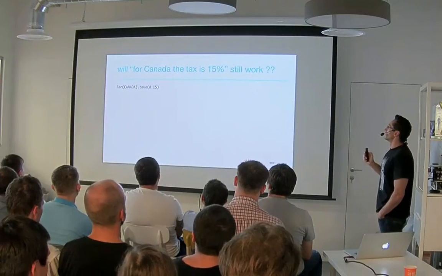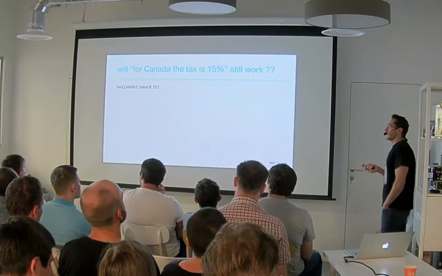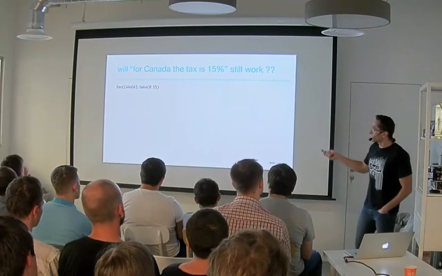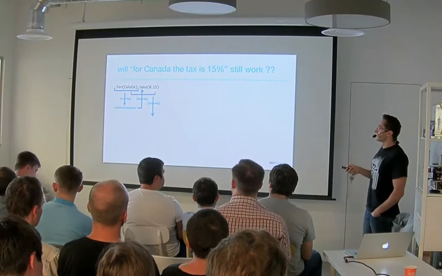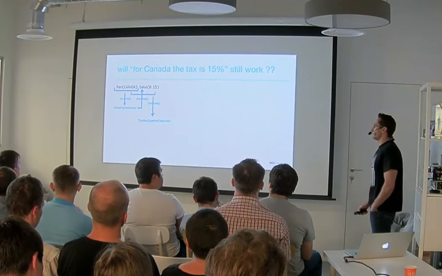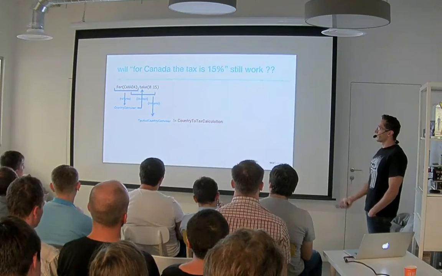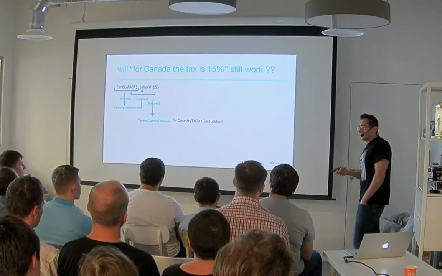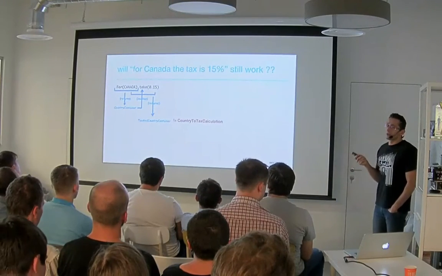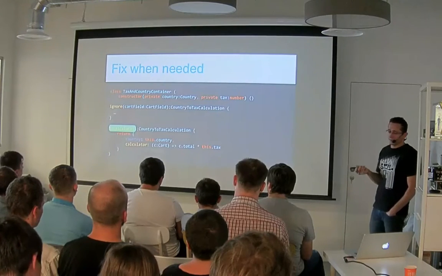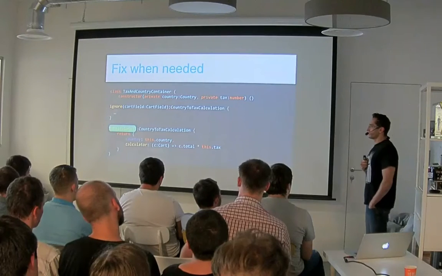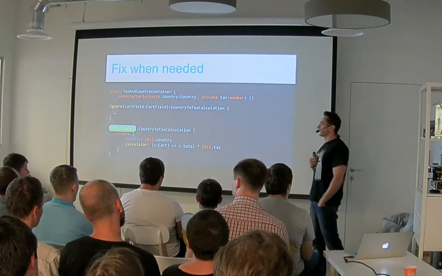Cool. Two done. Well, not quite, because if you remember the first sentence we supported, when we were done evaluating it, we got a text and country container. But we need a country to text calculation, meaning the new step we added actually broke the first sentence we supported. So we need to go back and fix it. How do we fix it? Well, this is something I want you to remember to the end of the lecture, because the fix is something I really don't like and it's really, really ugly.